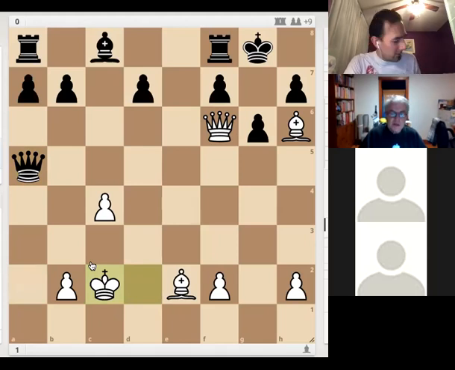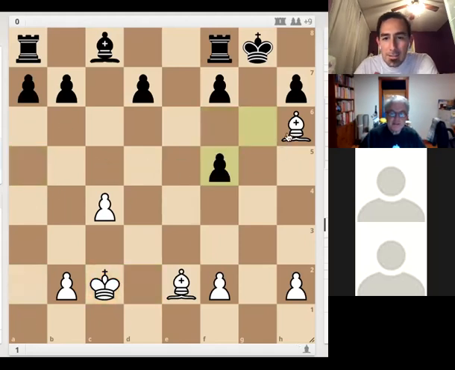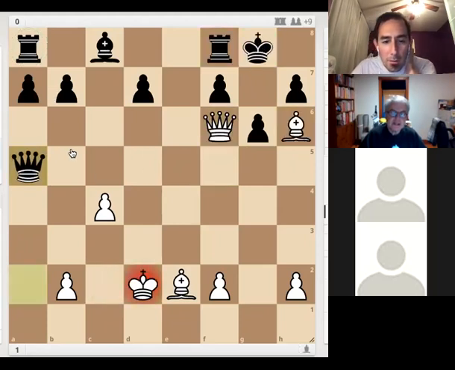Why would that be a mistake? Queen to f5 check. Yeah, queen f5 check, trade queens, and that's it. No more attack, and black wins. Black has the extra rook. You gotta be careful. Don't allow your opponent to trade. So definitely